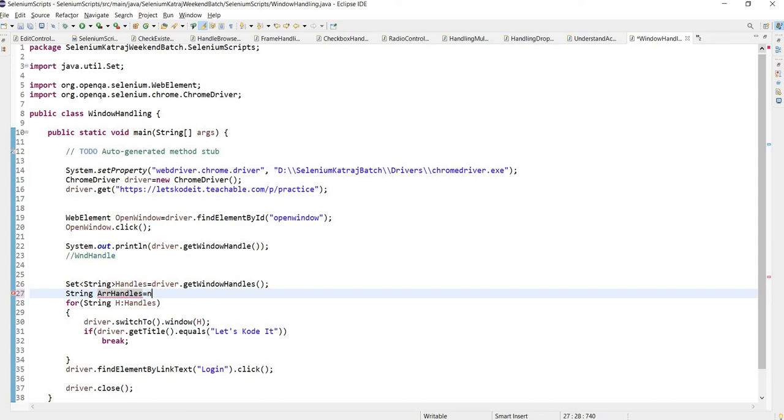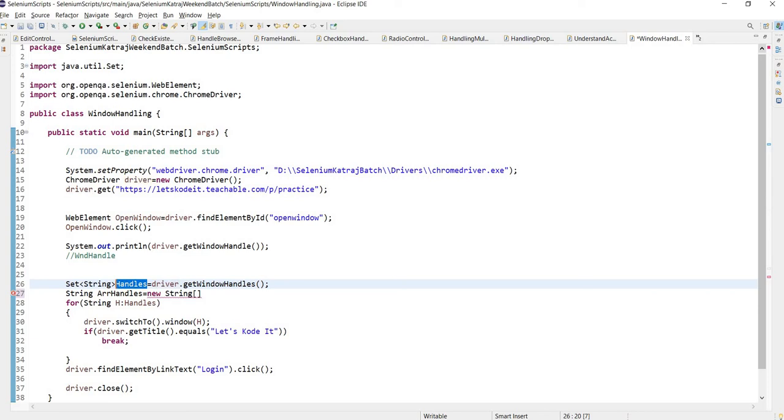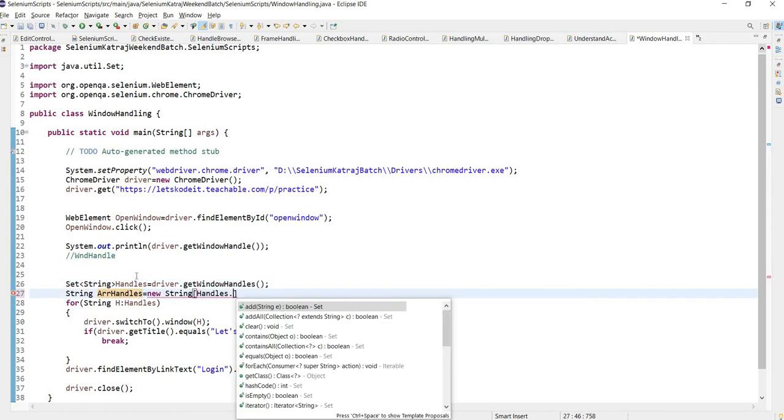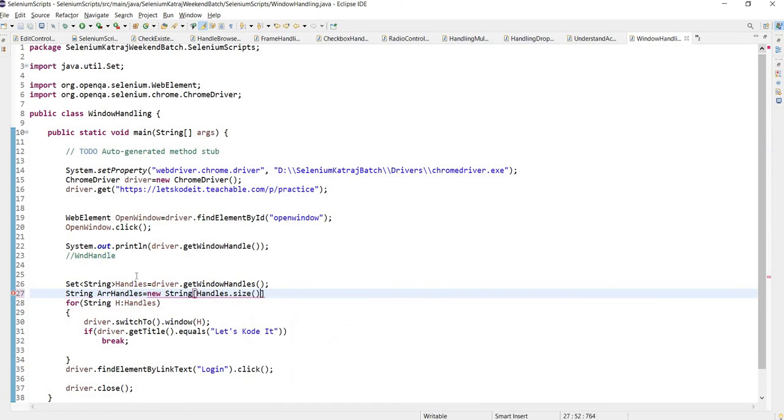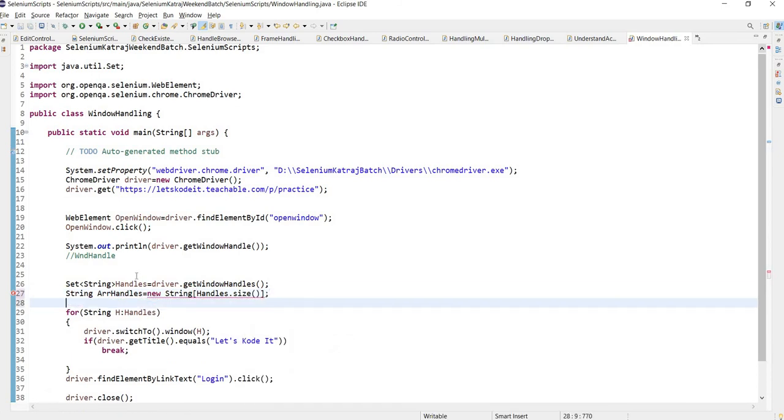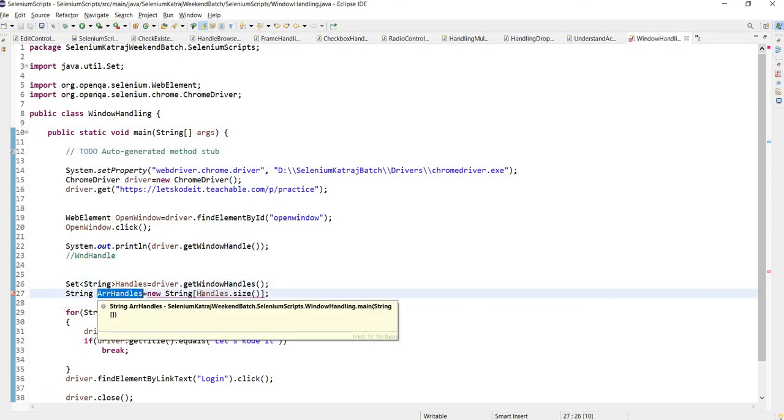equal to new String, and what we will do is, whatever handles we have got now, we will define an array of that size. I want to store all the handles from this set into this array, right?